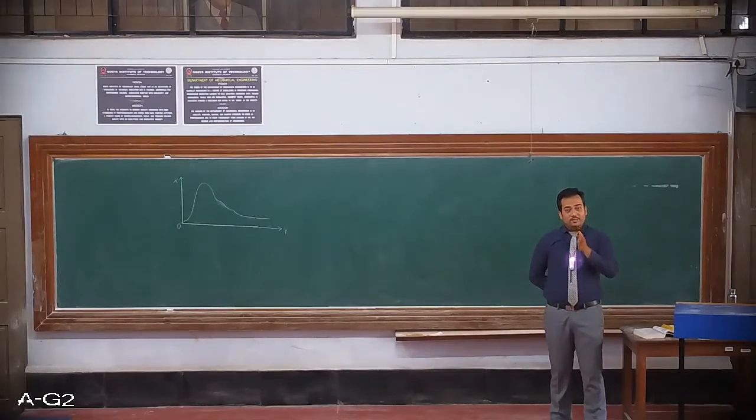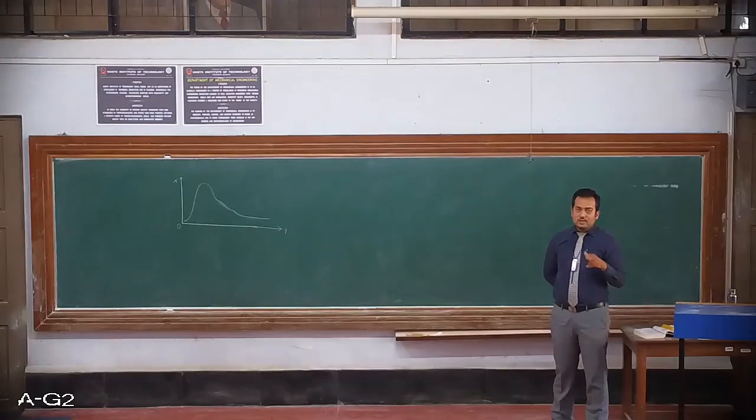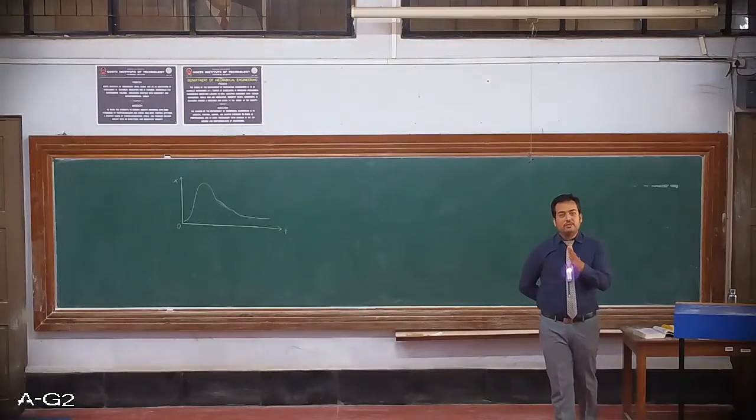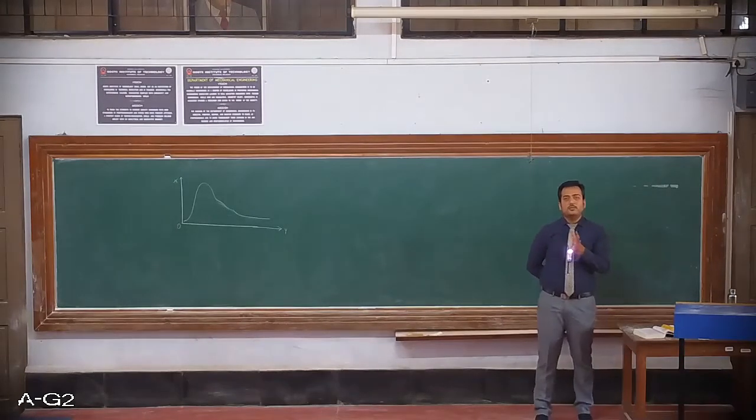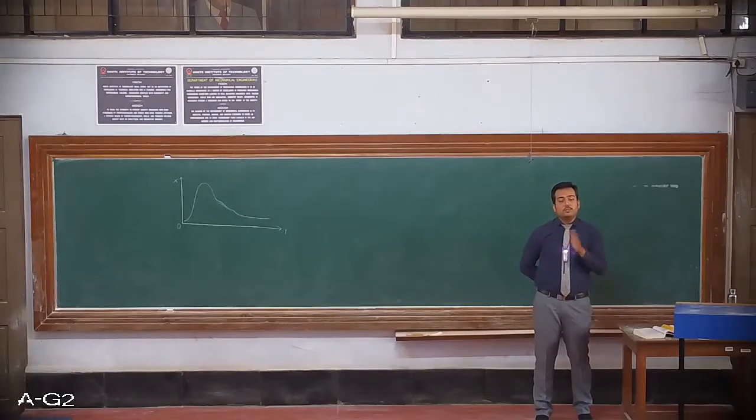Even if there are too large or too small values, the arithmetic mean will deviate from the central part, and the median will stay at the central part, and there will be more fluctuation between the median and the arithmetic mean. Basically, median will give you the middlemost element in the entire distribution in such a way that half of the values are on both sides of the median. This is how we study the central tendency of the entire distribution.